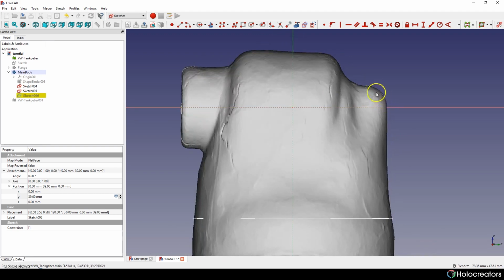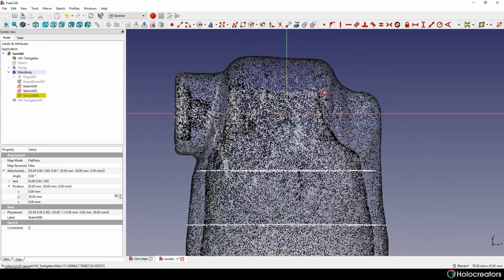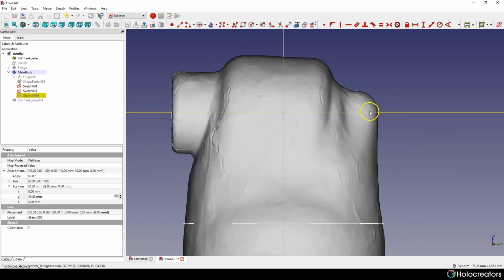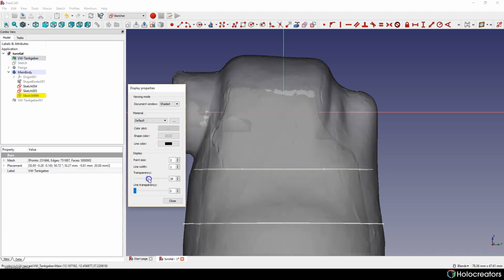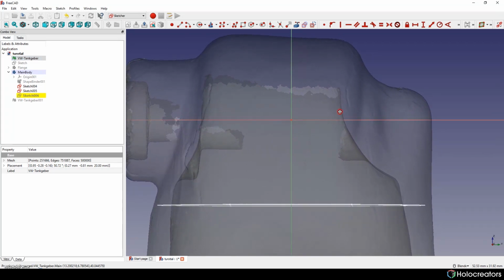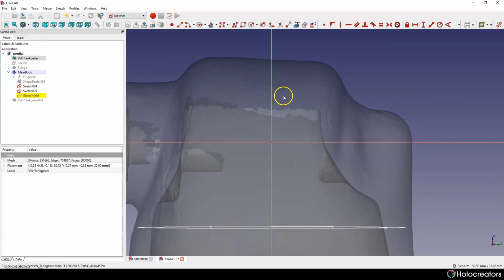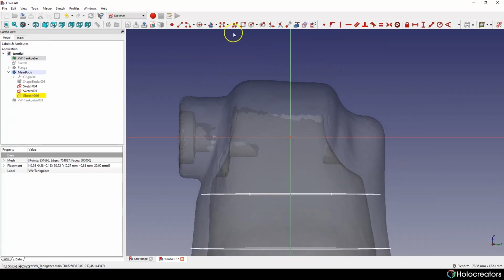Now we'll start to create this shape over here. And also we will need to make our model semi-transparent again, just to get a better idea where it should be. So it's all the same process as before.